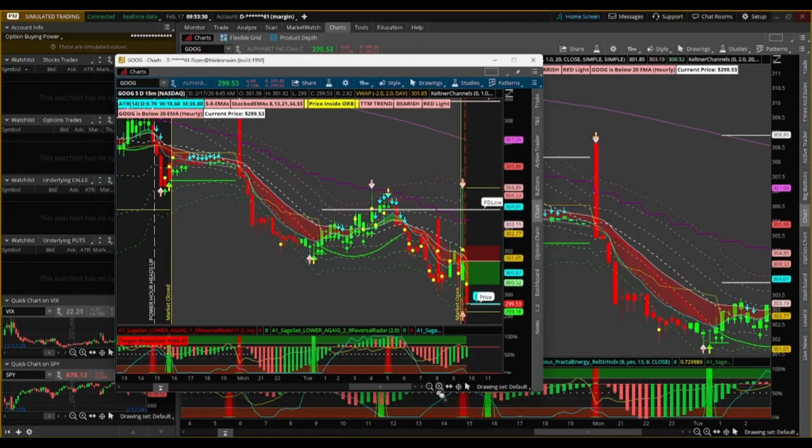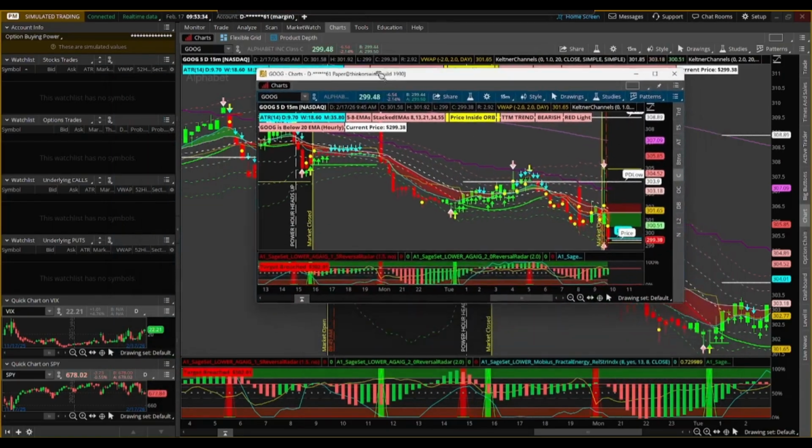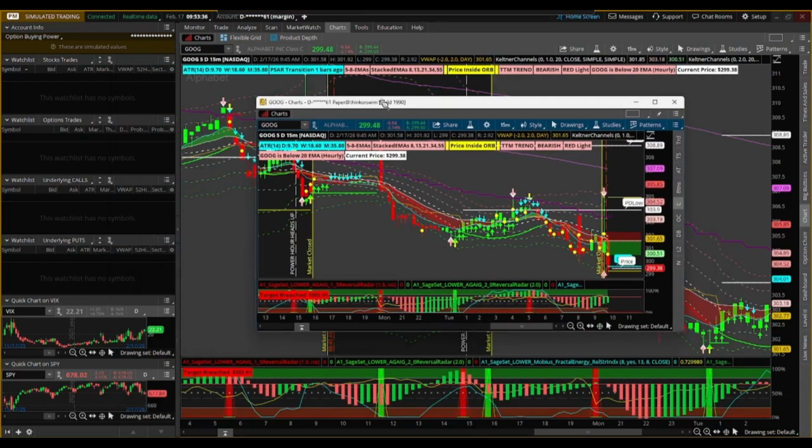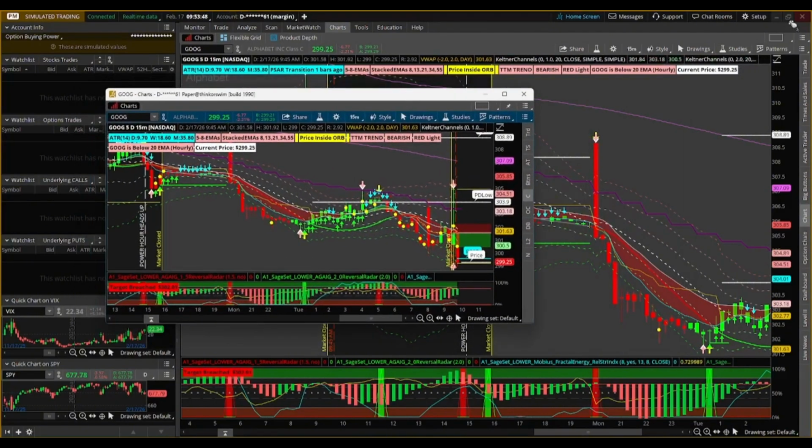You can detach multiple windows, charts, watch lists, trade tabs, whatever you need accessible independently. One thing to know, once a window is detached, there is no way to reattach it back into the main platform. Once you have your detached windows arranged the way you want them, save your workspace from the Setup menu.